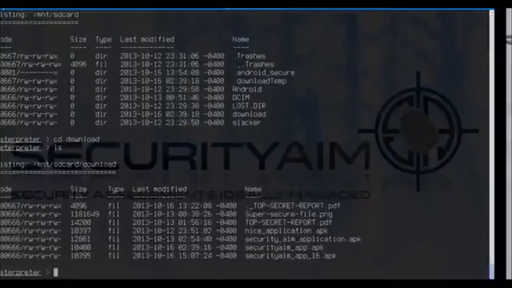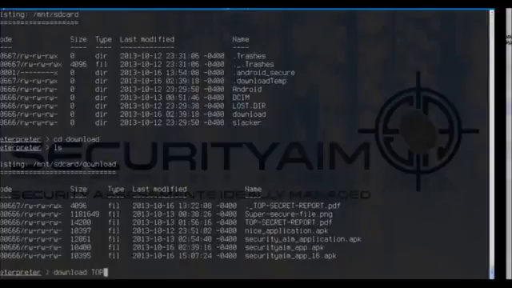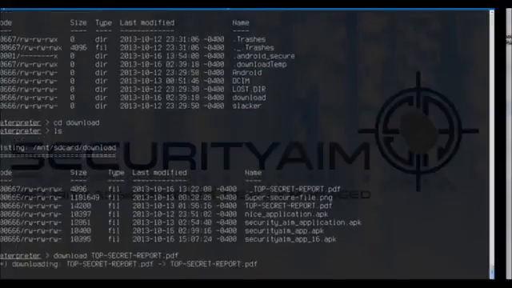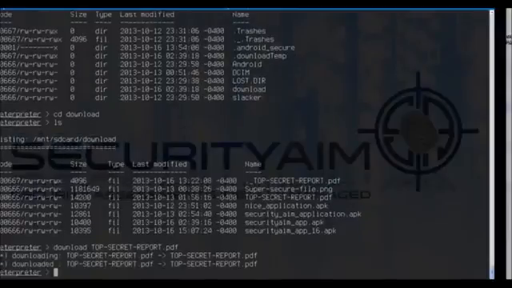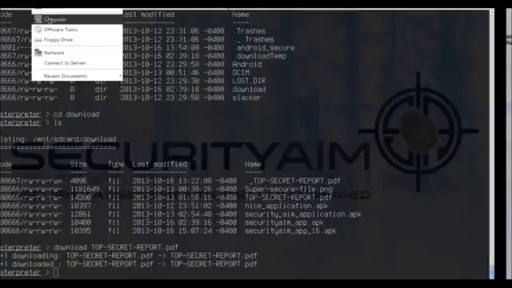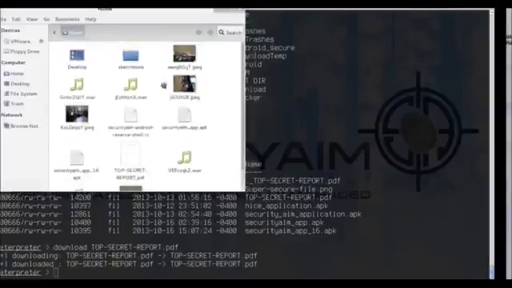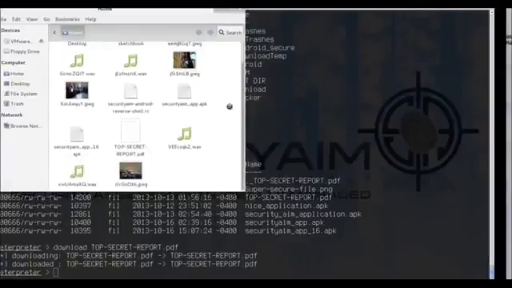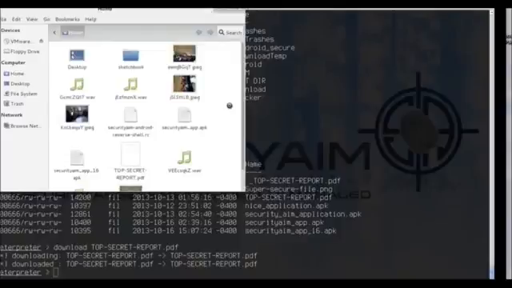Here we have a top secret report that the user opened from their email mailbox on their Android device. We'll download that document from the victim. And here we have that document on the attacker's system. We can see the top secret report